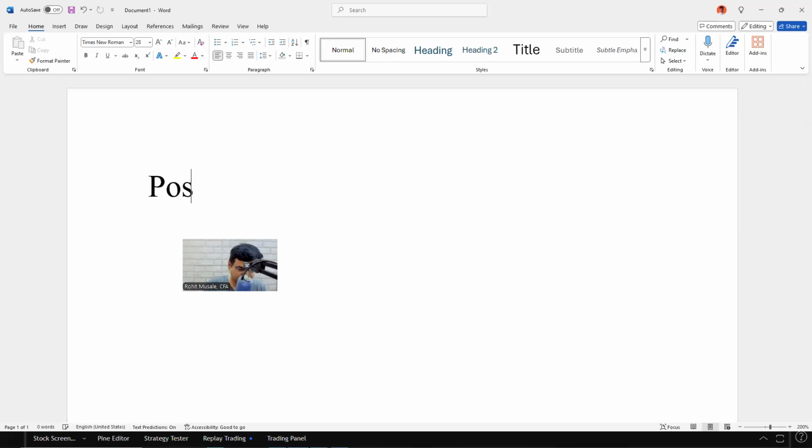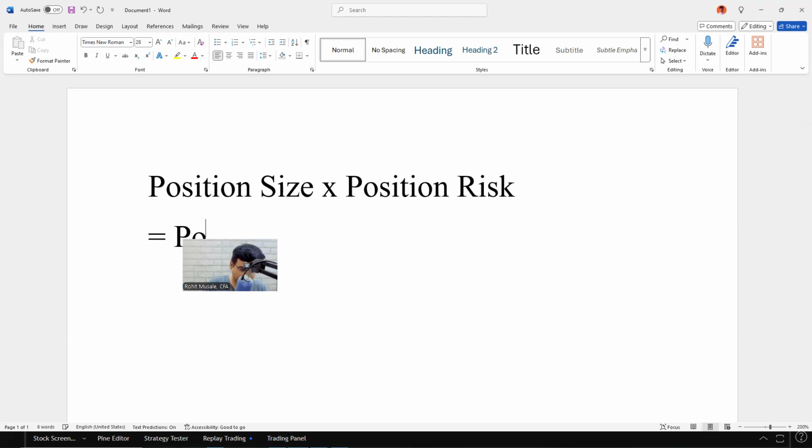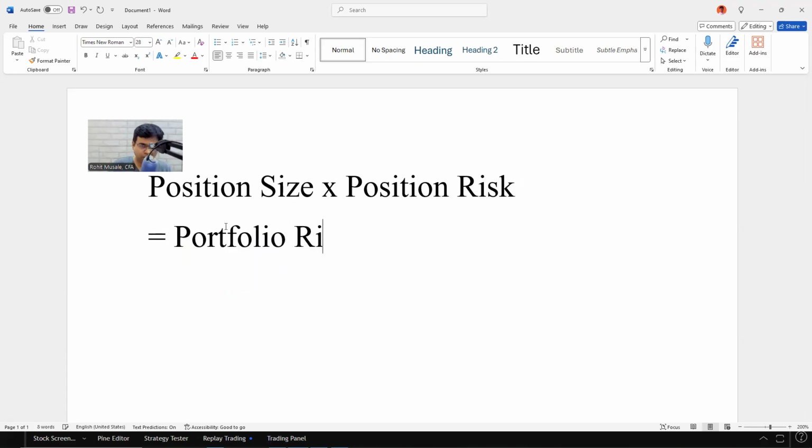So position size multiplied by position risk is equal to what? Portfolio risk, right? Is my spelling correct? Yeah. So what's our position size? Position size, let's say, is 10% multiplied by what is position risk? Position risk is nothing but stop loss. So 8% is equal to